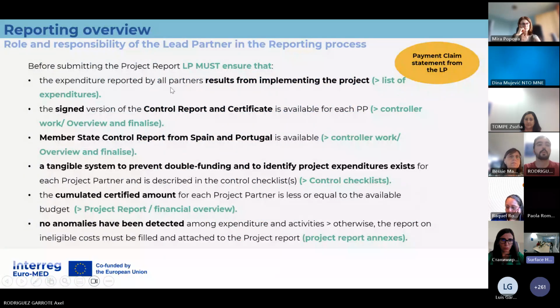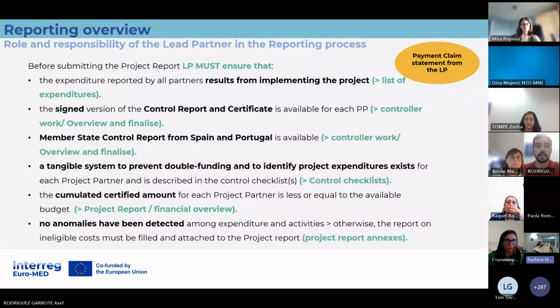So here you have a quick overview of the role and responsibility of the lead partners in the reporting process. Basically, to sum up, the lead partner will have to make sure that the expenditures are eligible and related to the activities that the partner has carried out during the period, and also that all the documents are available, all the documents related to the control work, all the certificates.